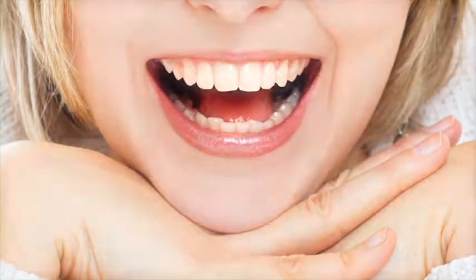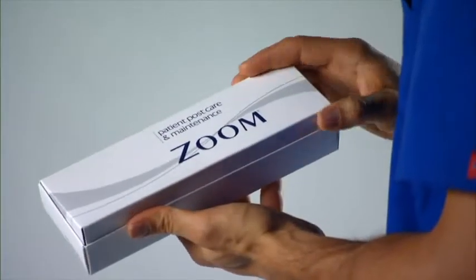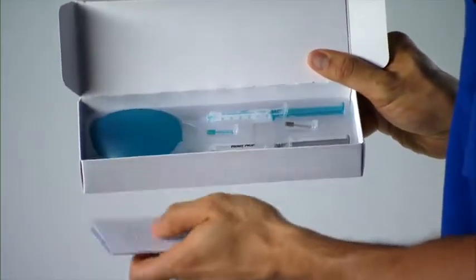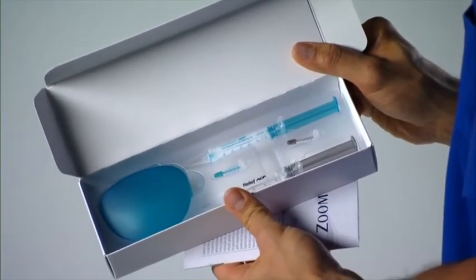All tooth whitening requires maintenance. Personal habits that promote staining, such as smoking or coffee and red wine consumption, will affect how long whitening results will last. We recommend patients use the whitening maintenance kit provided to maintain the results following the Zoom procedure. Some patients may elect to do additional Zoom treatments, but